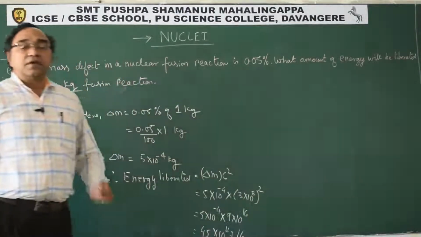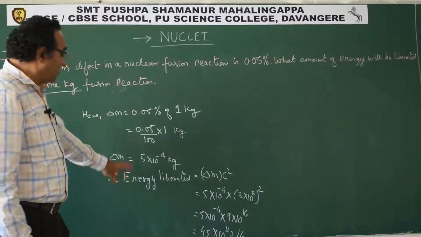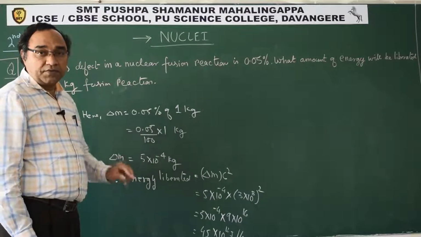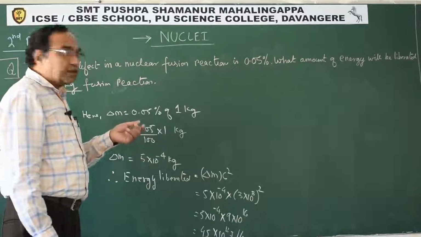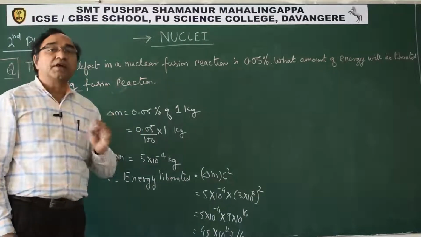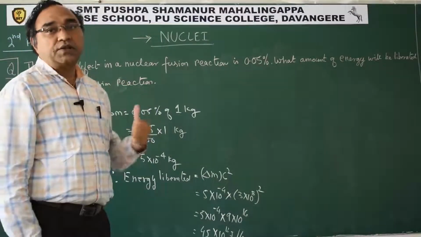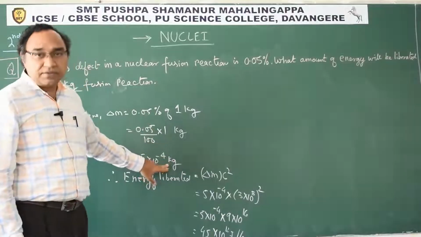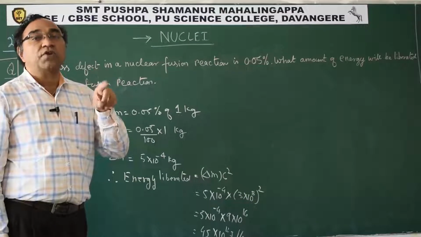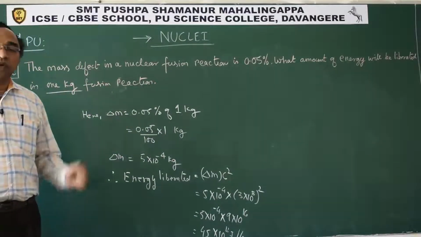So students, here in this question, what was important? What was the trap? The trap was, the moment you get delta M, you will try to use 1 AMU is 931 million electron volts, that conversion. That is why I have taken this question, to tell you that if the mass is in kg, then you are not supposed to take 931, because that is only for AMU, not for mass measured in kg. I hope you have understood the difference now.